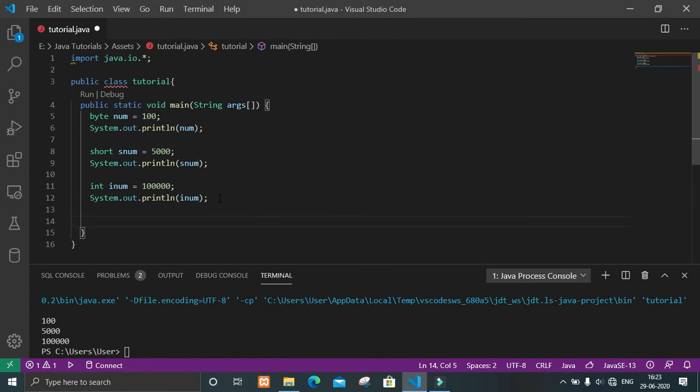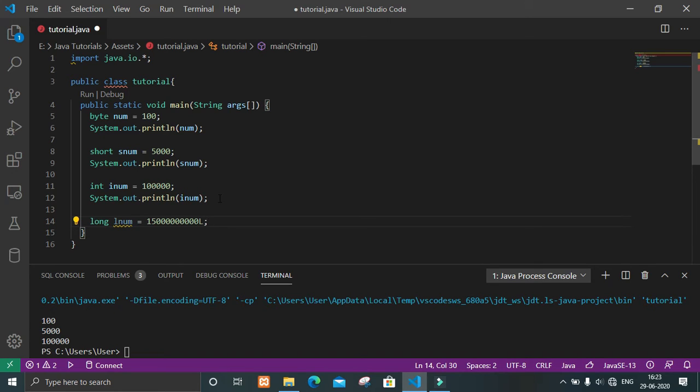And for long, let's say lnum equals to whatever value you give here. After that you have to include a capital L to tell that the particular value is long type. This is used when integer is not large enough to store the value.